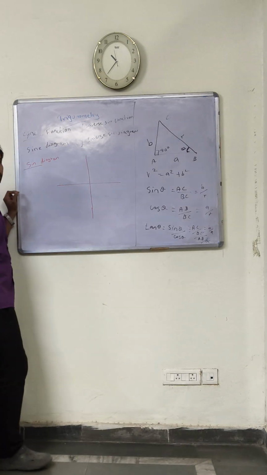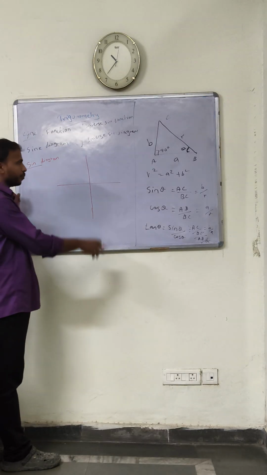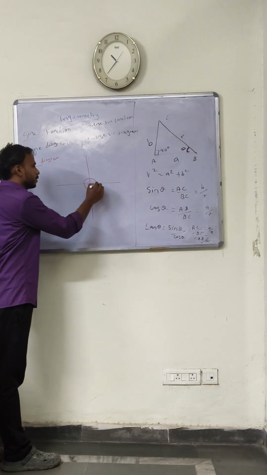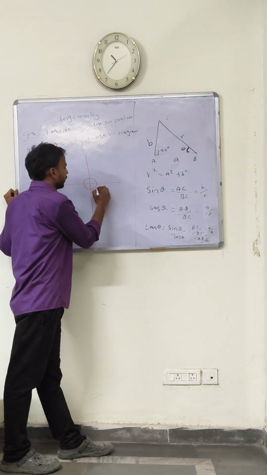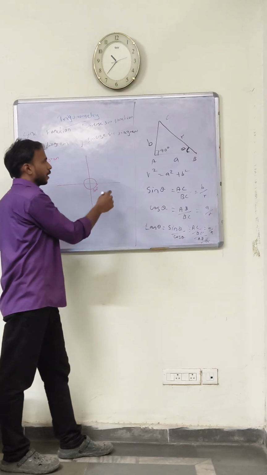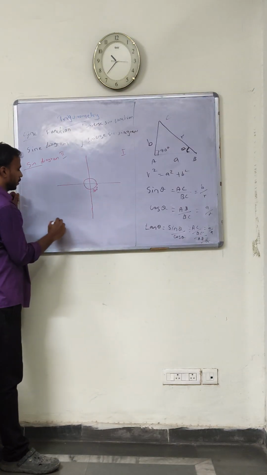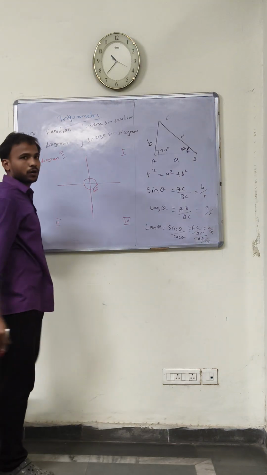This is very basic for all mathematics. So this is the entire 360 degrees. We call that a circle. So that 360 degrees is divided into 4 quadrants: first quadrant, second quadrant, third quadrant, fourth quadrant. So these four quadrants